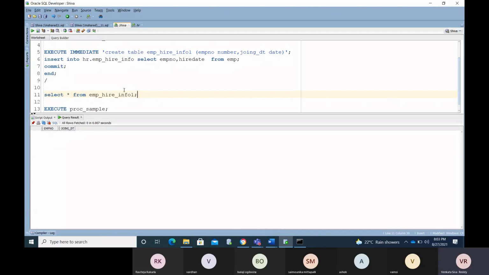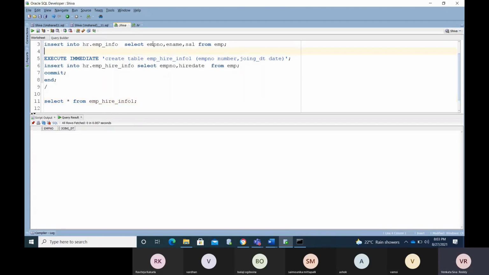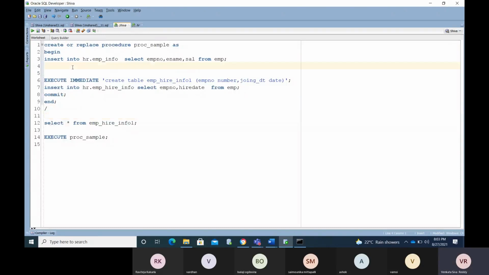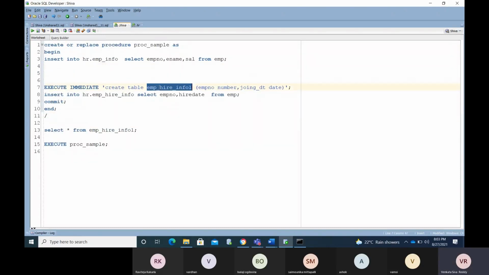Now it has been created. Okay. While creating the table, I can perform some conditional statements. I can perform some conditions. Simply, I can verify whether the table already exists in the database or not. And if it already exists, then try to drop the table, not delete, and recreate it.